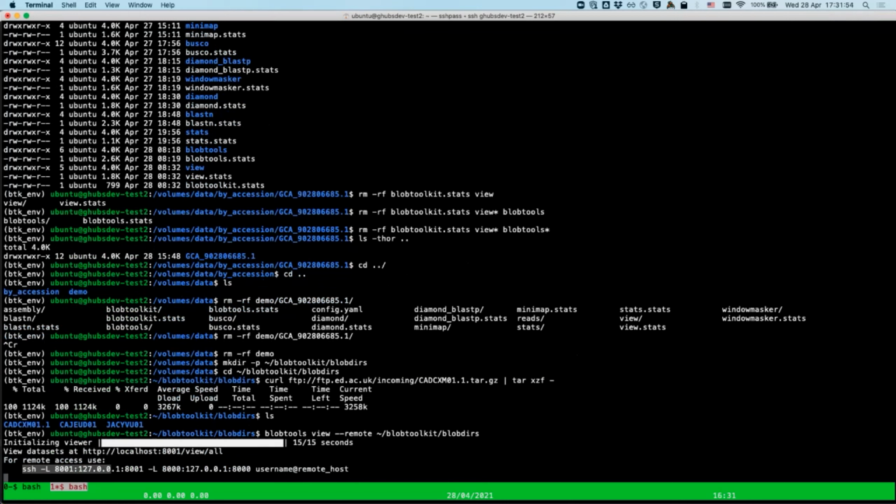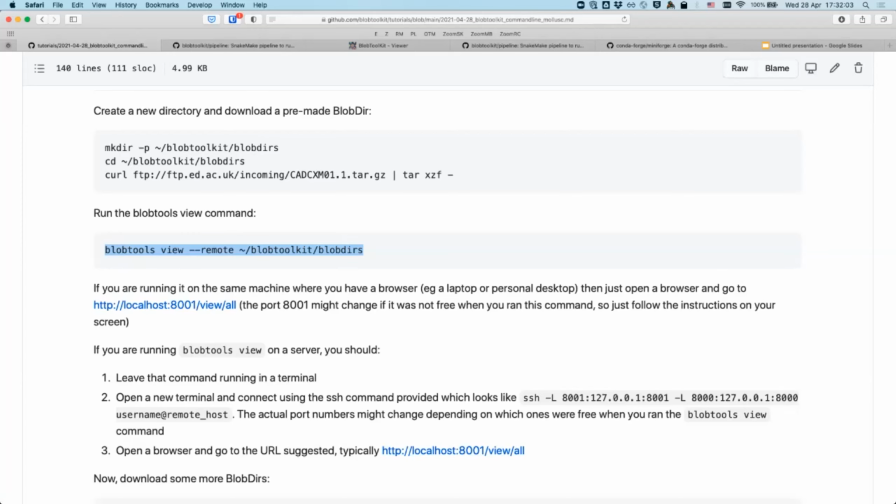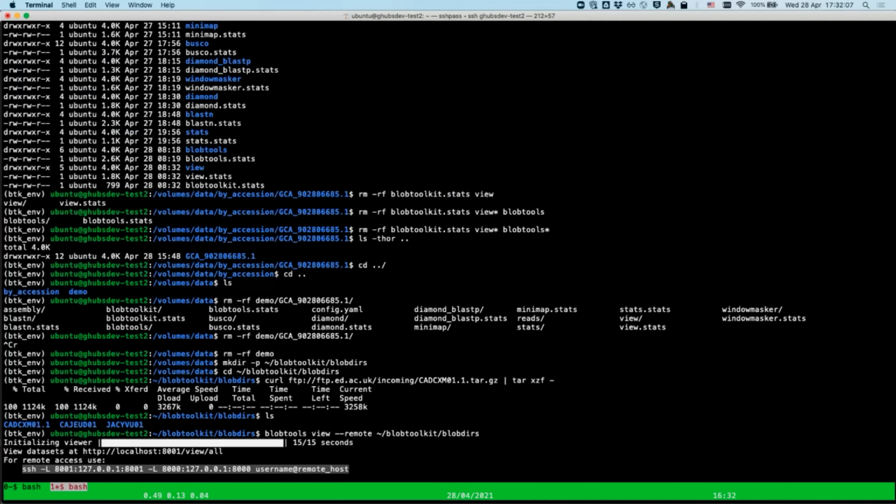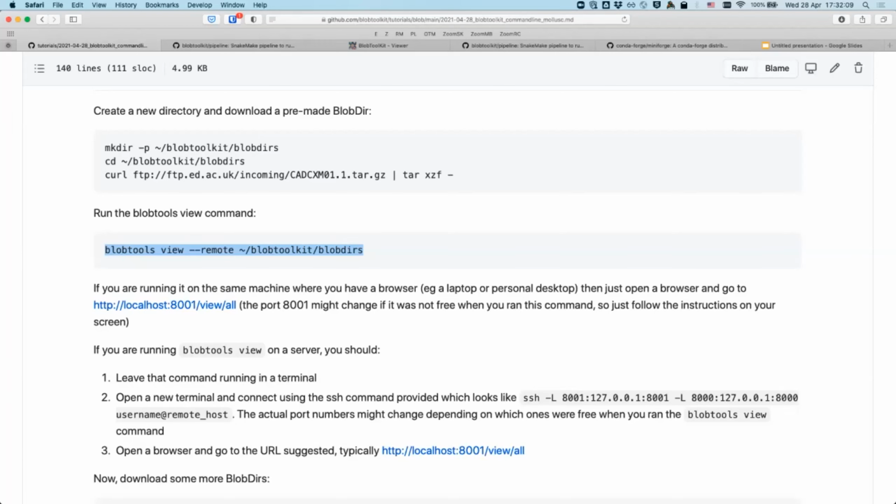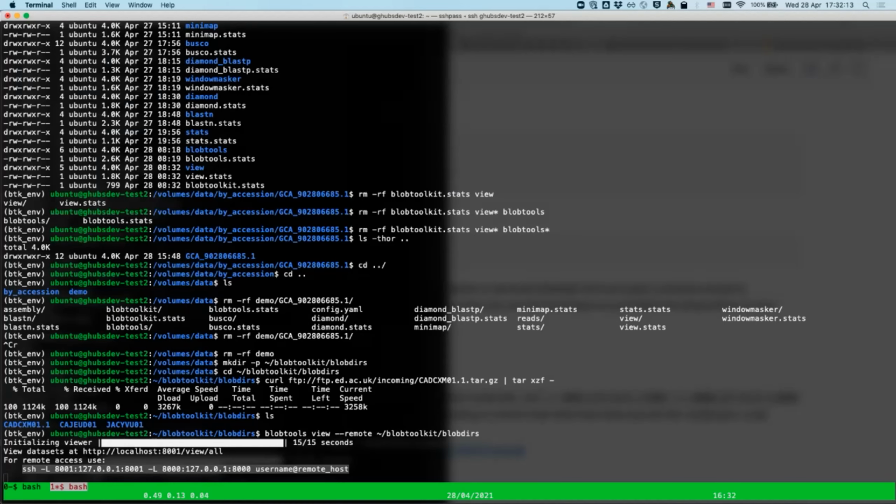This command is one that I need to run in a separate window. If you look at the tutorial, it says, if you're running BlobTools view on a server, you should leave that command running in a terminal. So I'm going to leave this command running over here. Open a new terminal and connect using the SSH command provided. So I open a new terminal